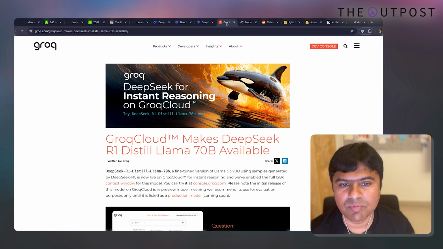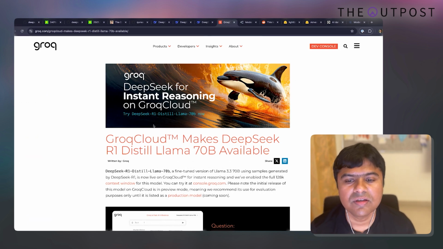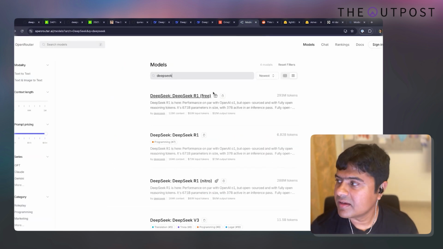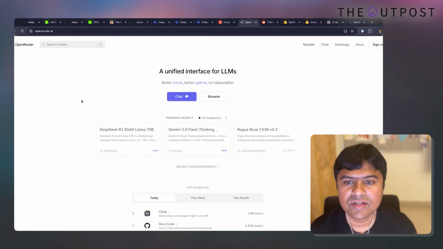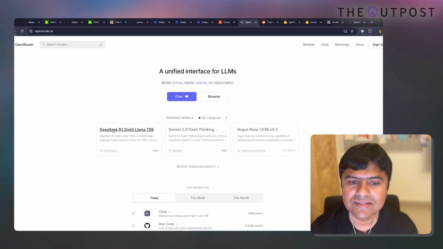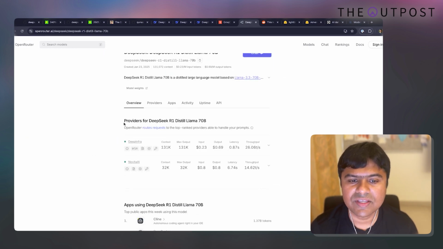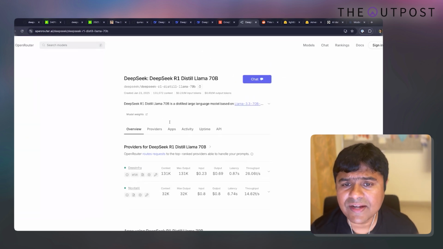I'll just quickly add to the data sovereignty piece, right? A lot of our audience typically want to try out these models or just host or use them. So if you want to really use it on your own, I'll just recommend some ways of doing that. There are various third-party providers like Groq, GROQ, right? Or you can go to an aggregator like OpenRouter, OpenRouter.ai, where you can compare prices and all kinds of things for different providers for different models, right?